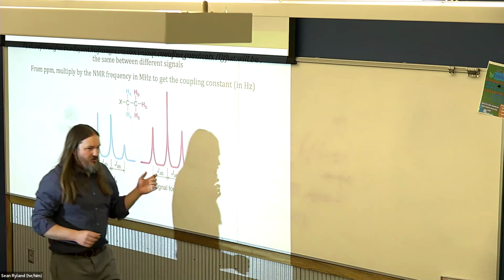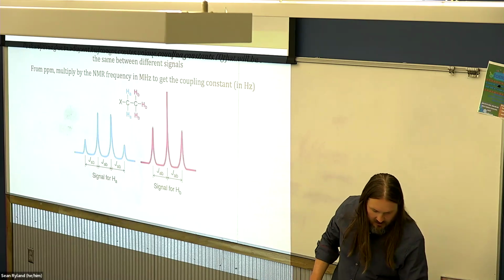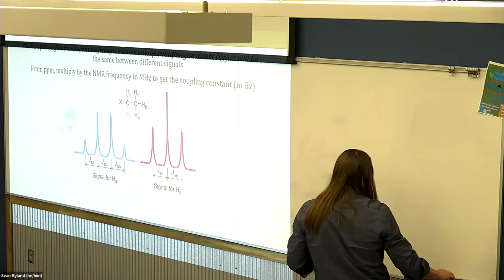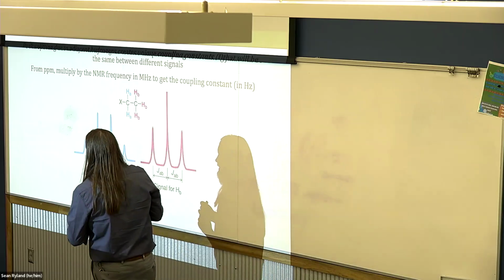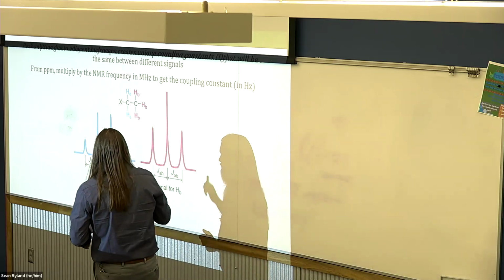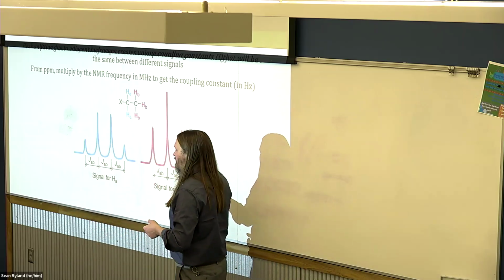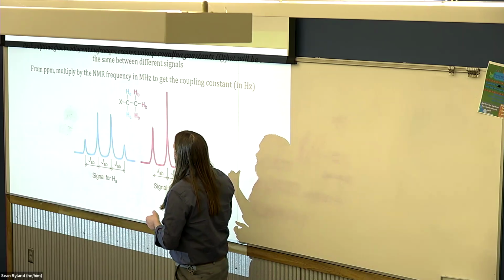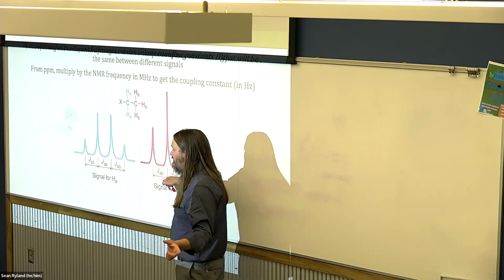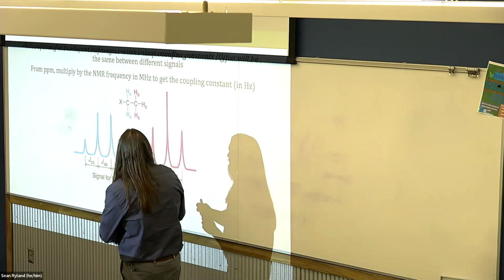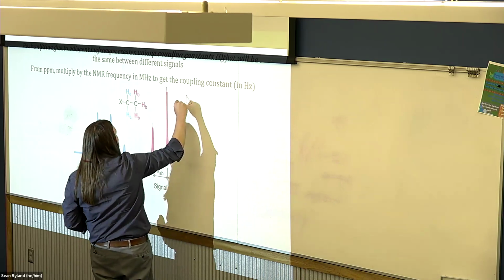Where it gets a little bit tricky is that the measuring is going to be different depending on what NMR you're using. The NMR instrument itself is going to operate at different frequencies. Higher the frequency, the better the resolution. What that does, though, is it means that in order to get a universal coupling constant that will apply in any NMR, we have to take the difference in ppm. So let's say that that's a difference of